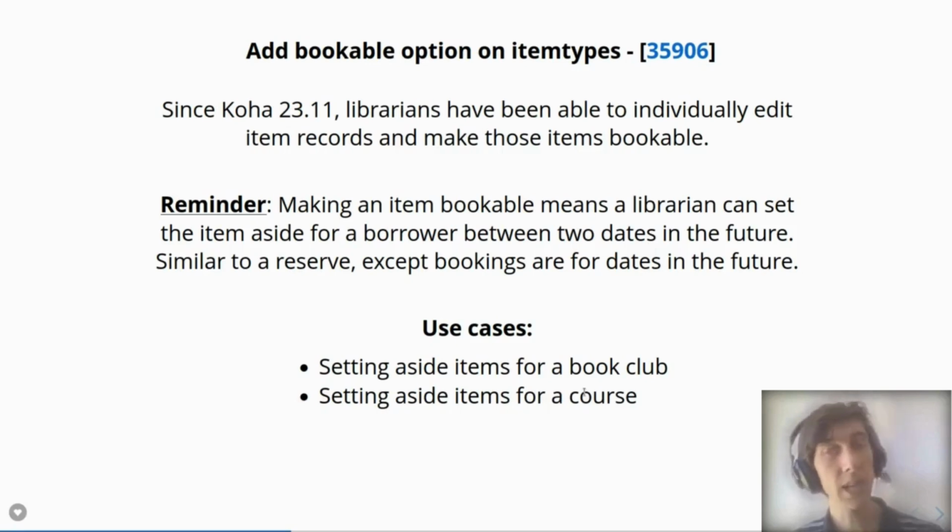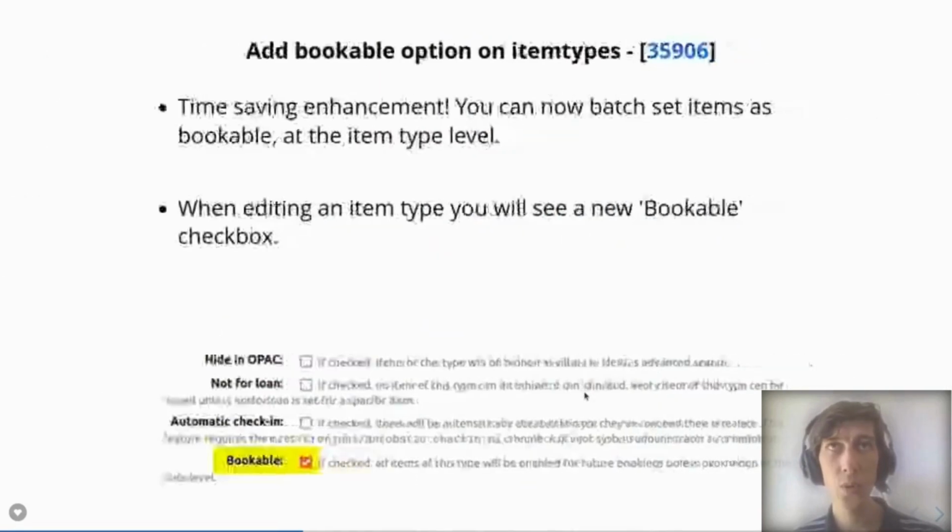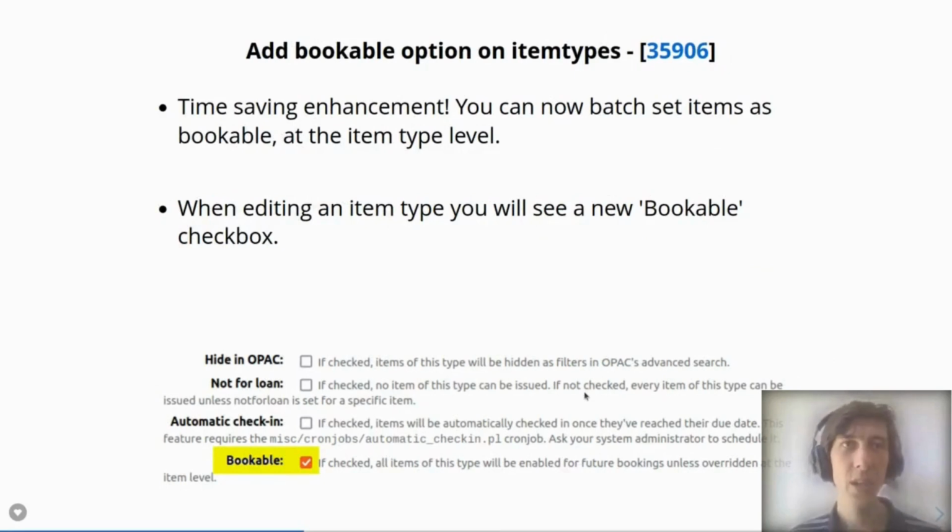So with 24.11, we've got a great time-saving enhancement where you can now batch set lots of items to be bookable by editing the item type. So rather than doing it on an item-by-item basis, you can navigate to the administration module, edit an item type, and you'll see that there's now a bookable checkbox. If you check that, then any records in your catalogue that happen to have an item of that item type, so let's say